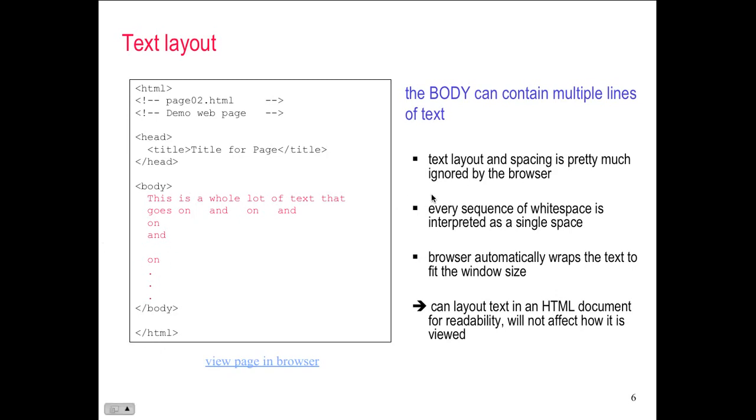So the body can contain multiple lines of text. Spaces are pretty much ignored. Every sequence of white space is a single space. And this is the other thing people don't like. They go, okay, I'm going to put 5 spaces in. 5 spaces is 1 space. 20 spaces is 1 space. 15 spaces is 1 space. Everything's 1 space. So you actually have to use an ASCII character sequence to put in a space, a non-breaking space,